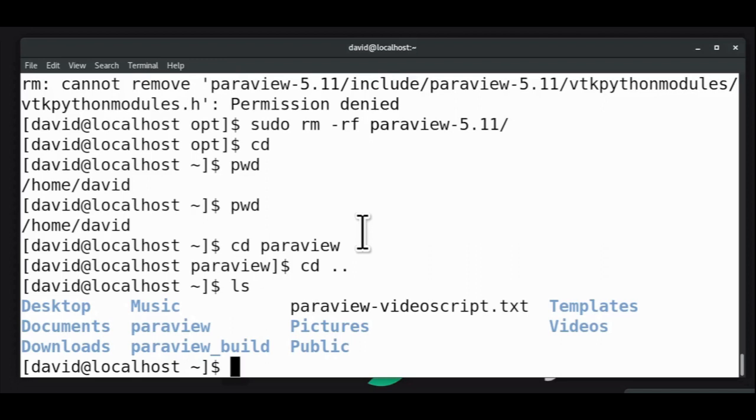So if you remember, we built the Paraview program inside this directory called paraview_build. In fact, if we type paraview_build bin, that's the actual program right there. So what we're going to do is copy this over to the /opt directory where third-party software is usually kept. And so we're going to do sudo cp -r